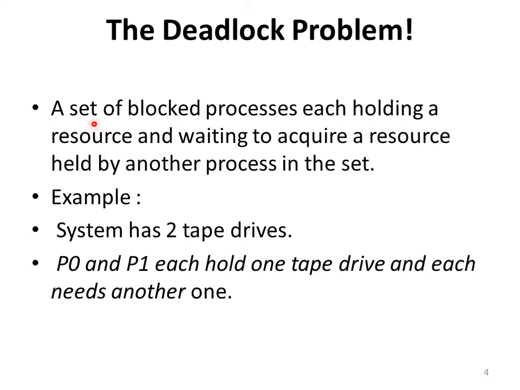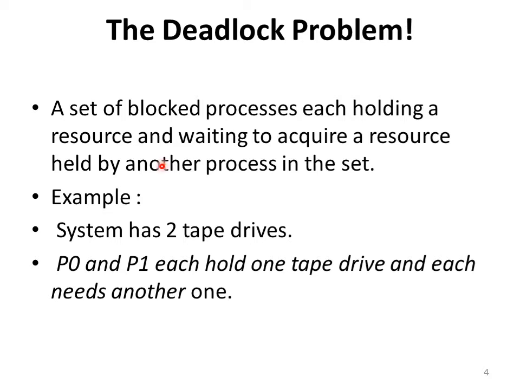So deadlock is a scenario where a set of blocked processes, each holding a resource and waiting to acquire a resource held by another process. Means in this scenario there will be more than one process. Each process has one resource and it will be waiting for another resource which is held by the next process. So the process P1 will be waiting for another resource to complete its task, and this scenario is called as